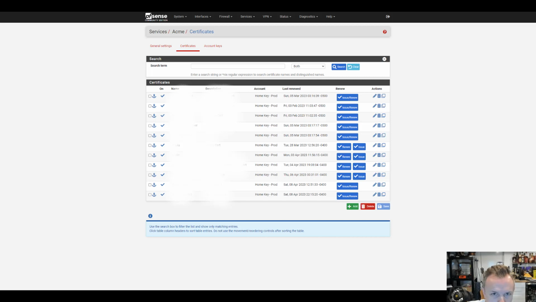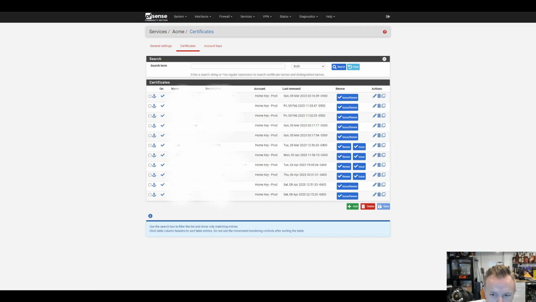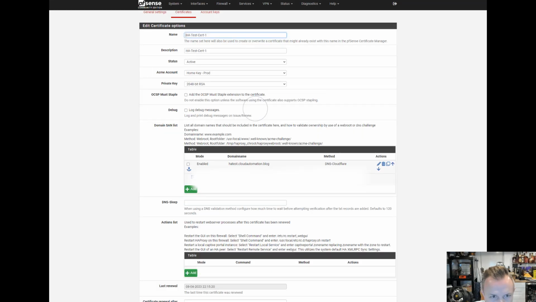So from the main pfSense screen, you're going to click Services, then you're going to click ACME Certificates, and that will bring you to the certificates screen. You're going to want to add a new certificate. We're going to click under Certificates, we're going to click Add, and it's going to look like this screen here. So we're going to do Test HA Cert for video, and the ACME account is going to be home. It's going to be our testing. This is my nomenclature. The domain name is going to be